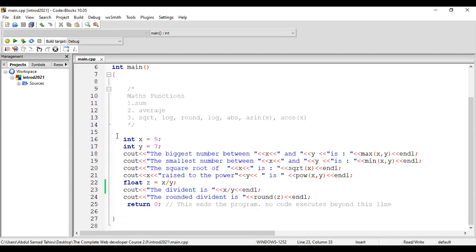Okay, so from the last class, that's what we did. So today we will look at Boolean. Okay, Boolean data type. What is Boolean? A Boolean data type is a type of data that gives us